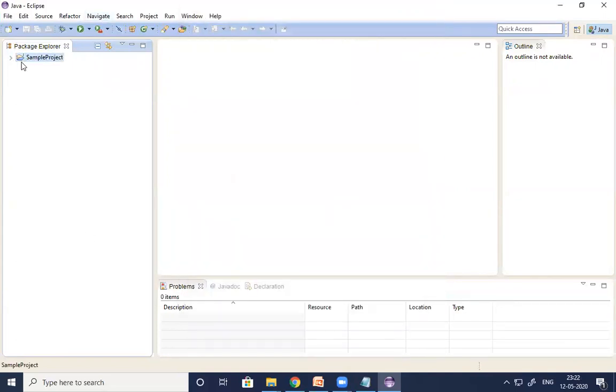Once you create the Java project, now you can start working on Java. You can start designing the Java project. You can start writing the Java programs and create the packages, create the classes, and create the methods. Whatever you want to do, you can do it in Eclipse. We'll see how to write the first Java program in Eclipse, the advantages we have with Eclipse, and the Eclipse architecture. I'll explain in the next sessions, guys.